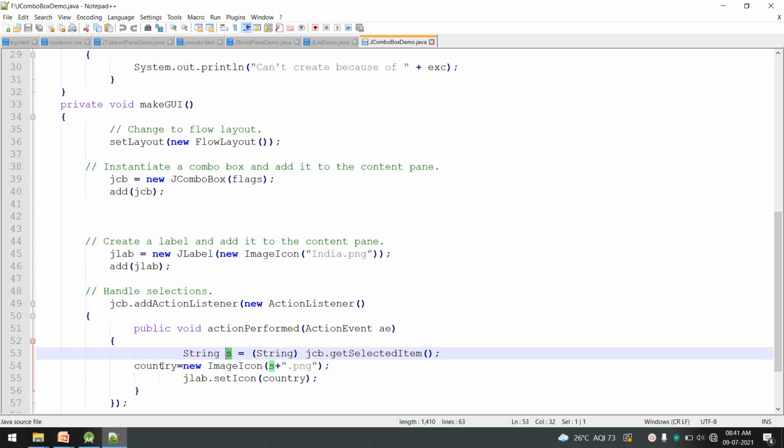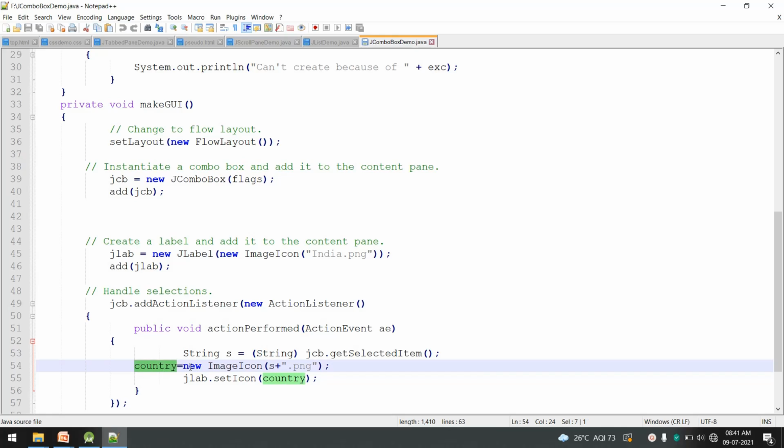Then we have a variable country, which is of type ImageIcon and which we declared in the class section, equals new ImageIcon. We are creating a new icon with the name which is selected from the drop down list or combo box. Suppose in the combo box we have United States.